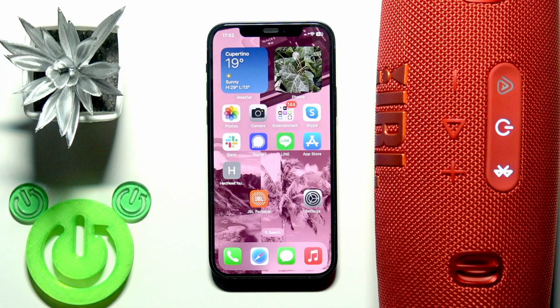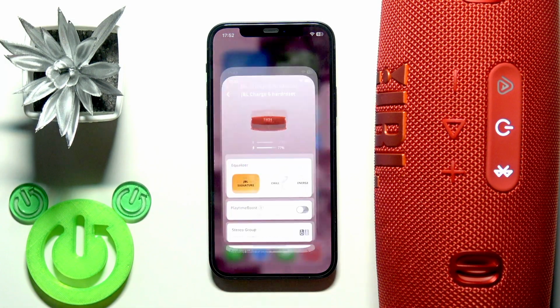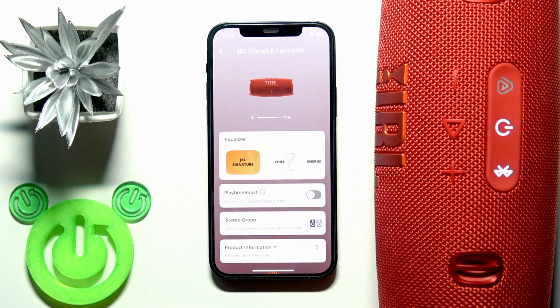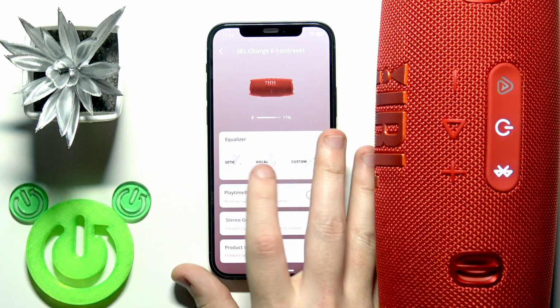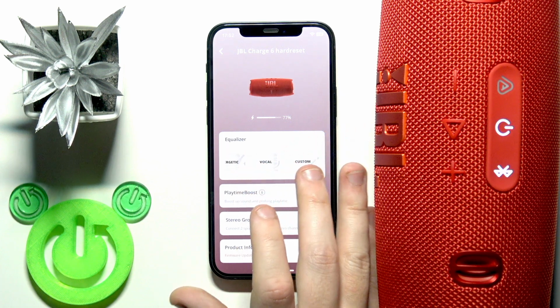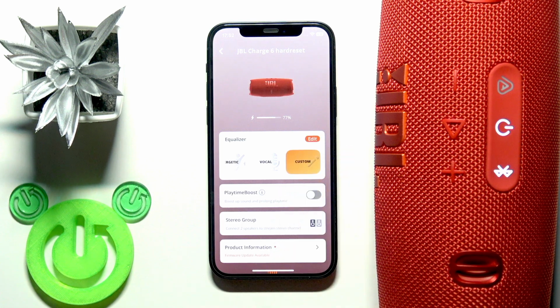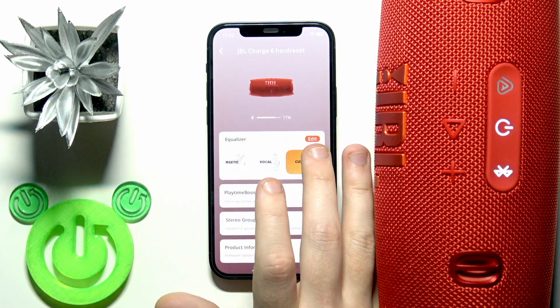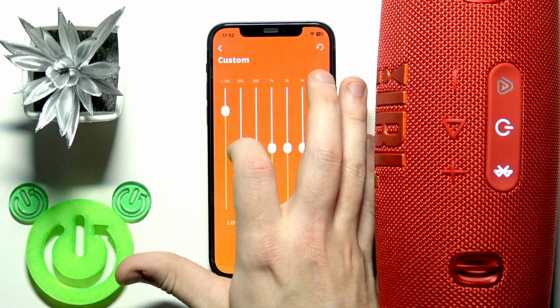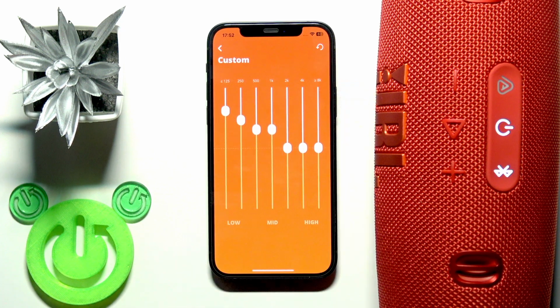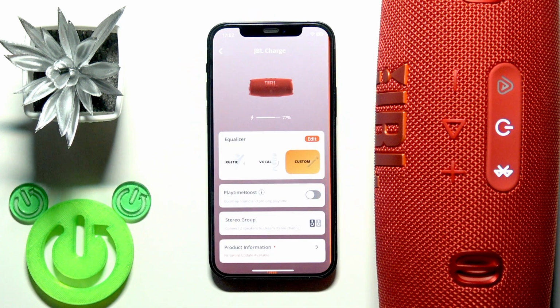You have to start by opening the JBL Portable application, and in the first line we have Equalizer. You need to scroll it, and the last preset is a custom one. So tap on it and then click Edit. And now you can make something, let's say that's okay for me, and when you finish, just go back, and